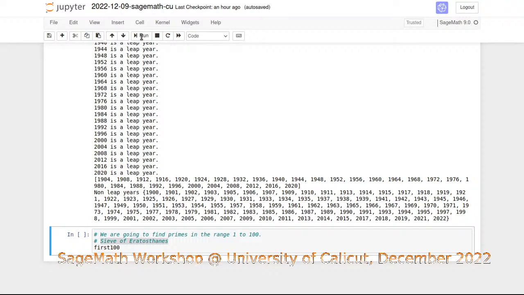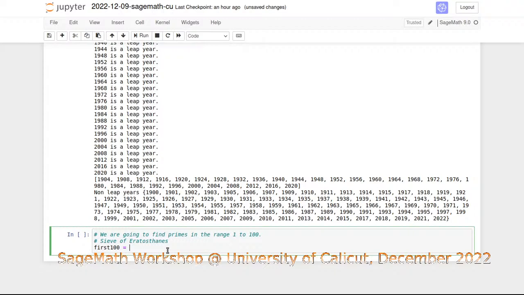That's about the sieve of Eratosthenes. Yeah, here is the Wikipedia link for you to see. Okay, the sieve of Eratosthenes, we are trying to do that using